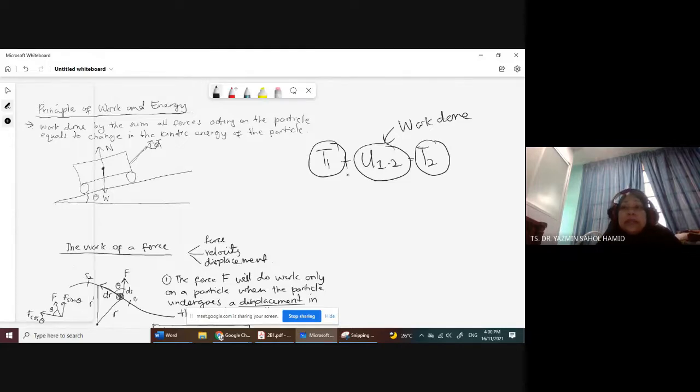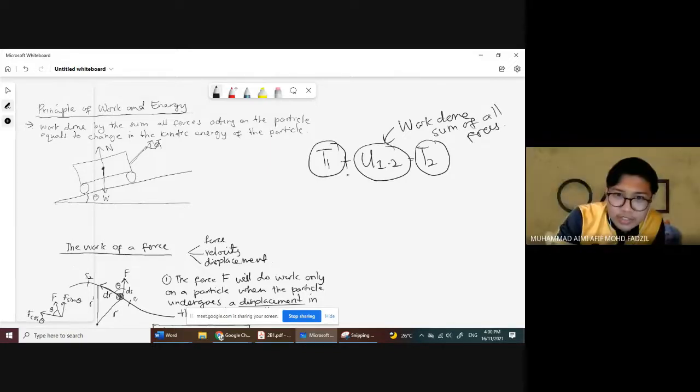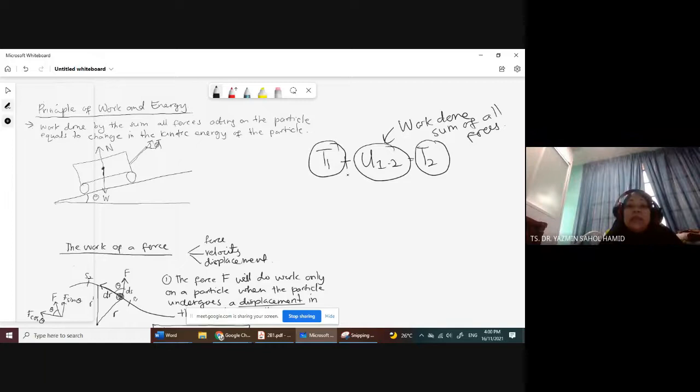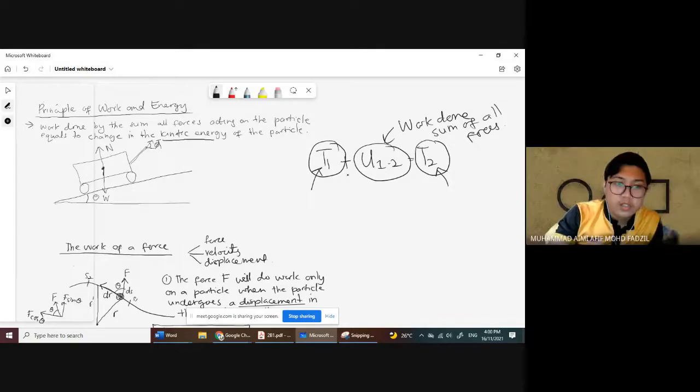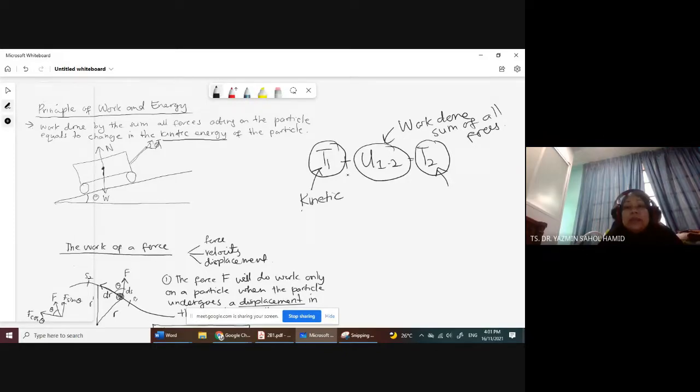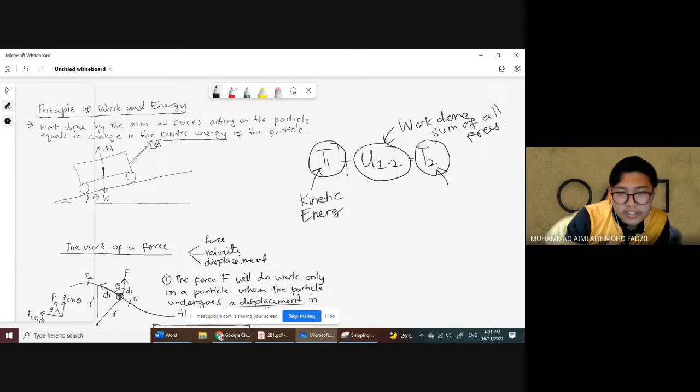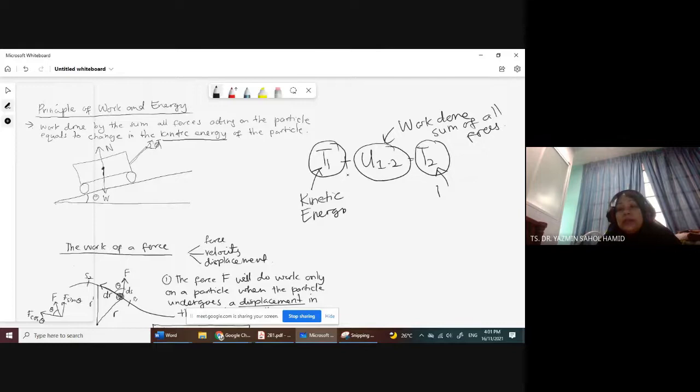The work done is the sum of all forces, in the direction of displacement. Yes, but what is T1 and T2? T1 is W cos theta. No, T1 is? Kinetic energy. Yes. T2 is? Kinetic